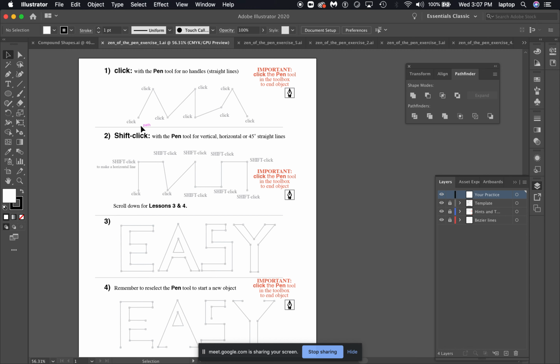So number 1, we're going to click the pen tool. First we're going to find the pen tool over here and use it, right? So it's this kind of pen icon, and it is the third one on the left. The shortcut for it is the letter P on the keyboard. So I'm going to click the pen tool,